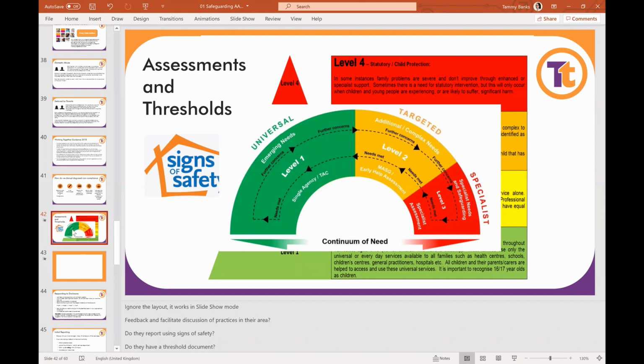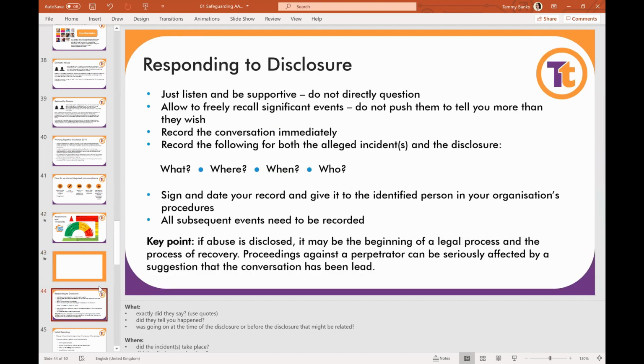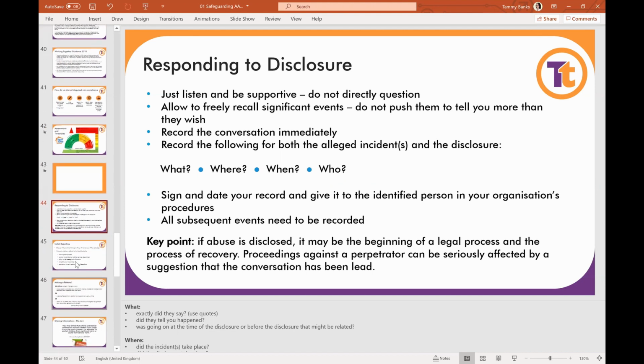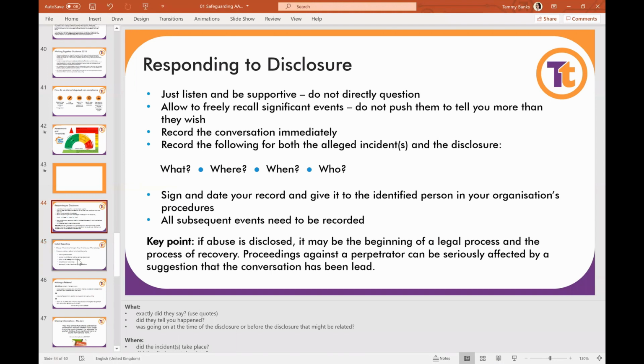All right, so fantastic. We were going to do this, and like you said, I need to put it into the lesson plan of them bringing in a bit of that. Do people remember the key things around responding to disclosure, and have those slides up briefly while people are talking about it? What are the key things to respond around that initial reporting as well, and then bring in that, okay, then what do we have, those issues around local authority? How do we escalate it? Because that is a common theme that comes up as well.